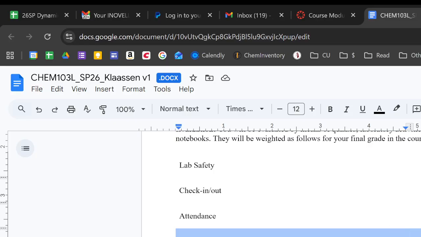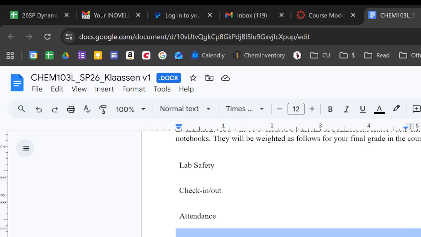Okay, so lab worksheets. Again, you need to be an active participant in lab. If you're not an active participant in the lab, I will literally kick you out before you can land in a lab sheet. And so you won't get those points, okay? 60% of your grade. It's the majority of your grade, right? This is the big thing.